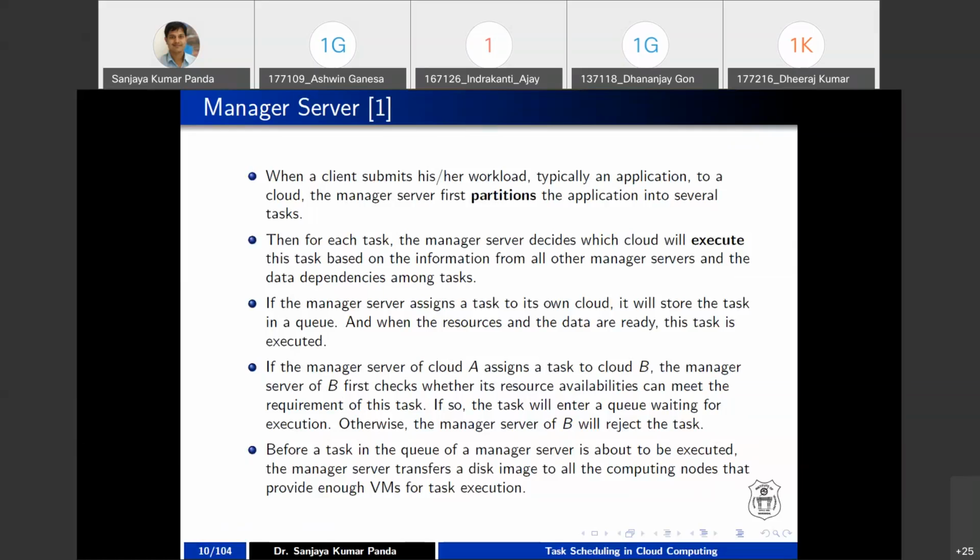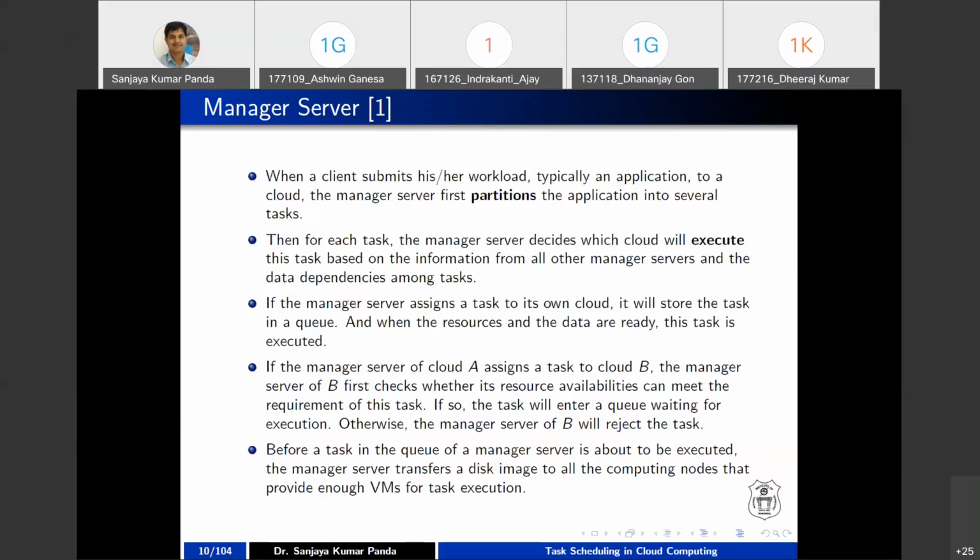If he is free, then the task will enter a queue waiting for the requirement of this task. If not, the manager server B rejects the task, so that the manager server of A knows that cloud B is completely busy,